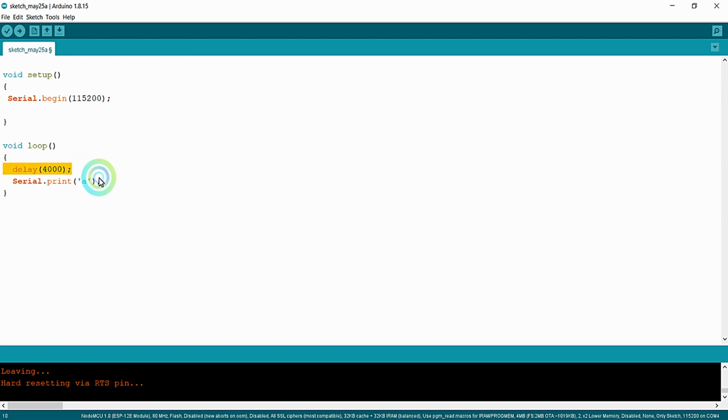This process continues, and the program will never stop until the microcontroller is stopped.